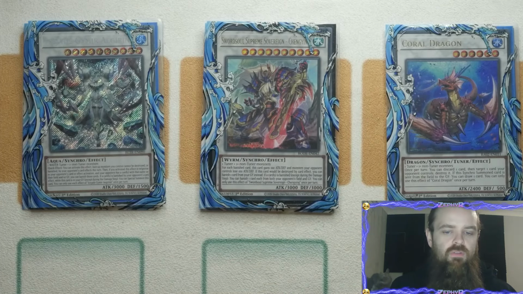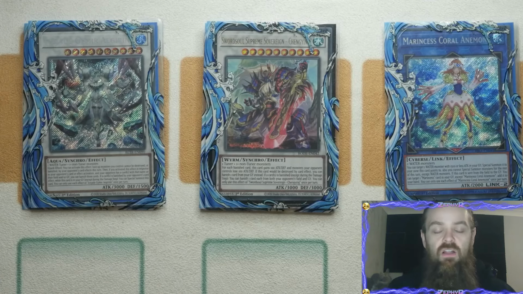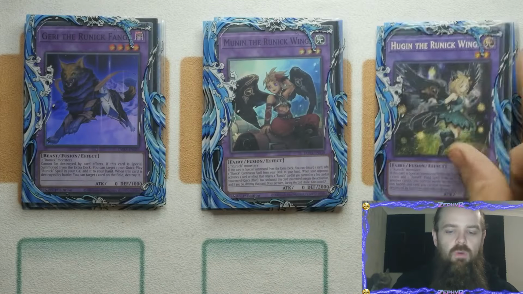Really nice aggressive monster. The only link monster we play is the Coral Anomine. Now, of course, you can take this out and go for an SP Little Knight if you have access to it. Again, a lot cheaper thanks to the reprints in the brand new Rarity Collection. So it's entirely up to you on what you want to go for. Toad and Shark. And then, of course, for the Runics, we're playing the one Jerry, the one Munin, and two